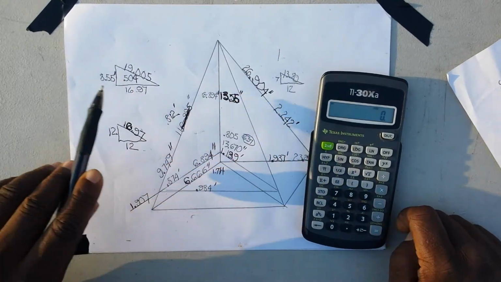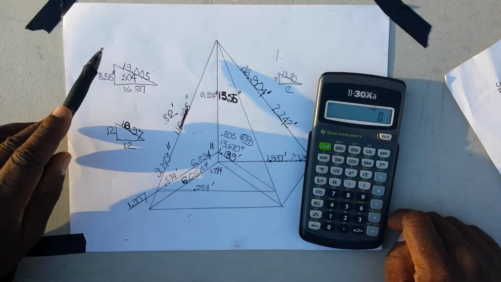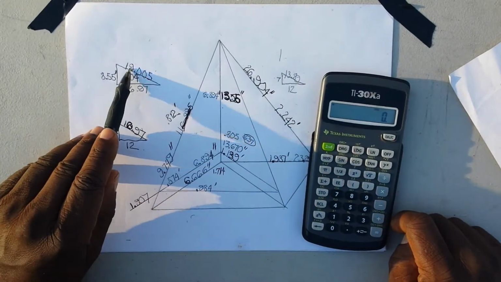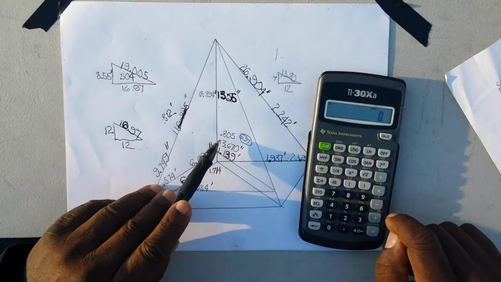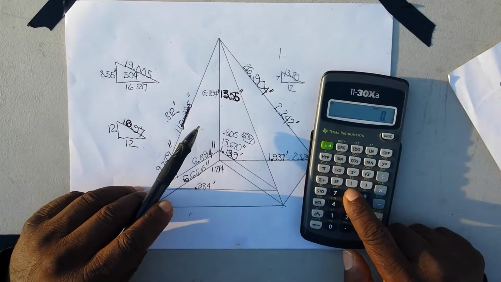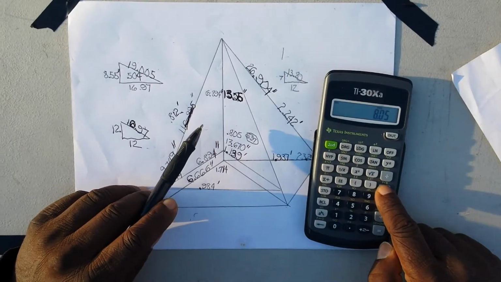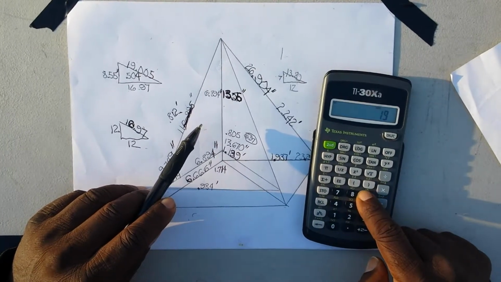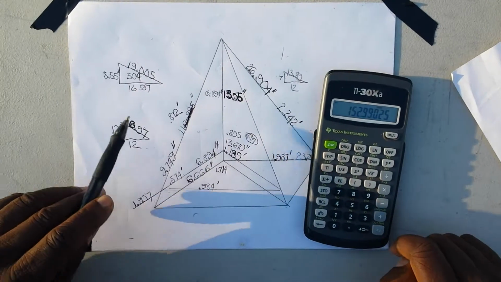Okay, let's do this. 19.005 times 0.805 is the way it's read. So 19.005 equals,